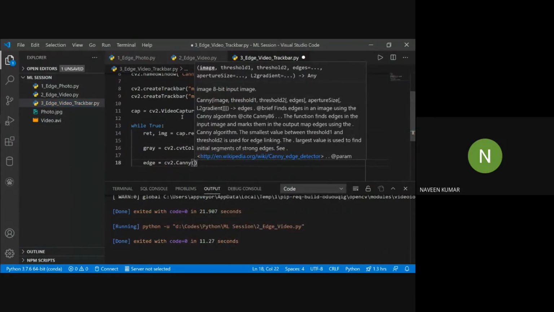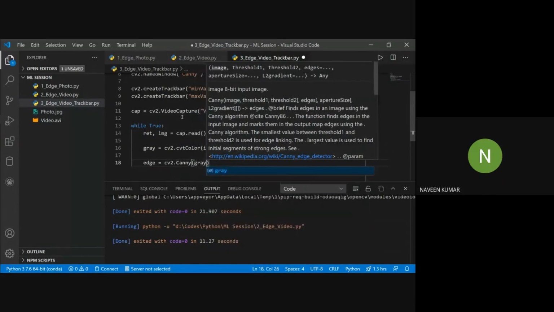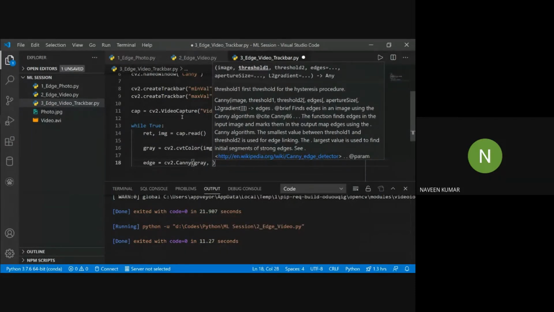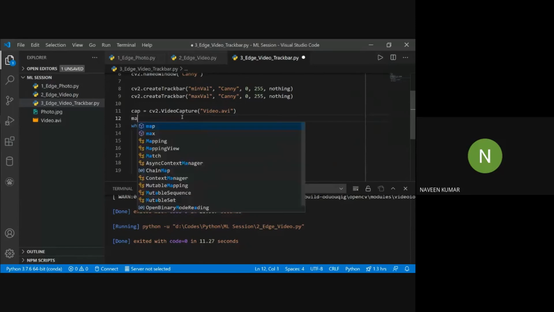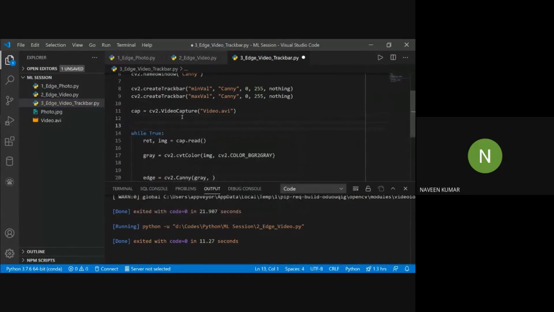First parameter is image, so image is our gray. Second parameter is threshold. So instead of passing raw numbers, we can make variables that are minval, and we will get values from the track bar.